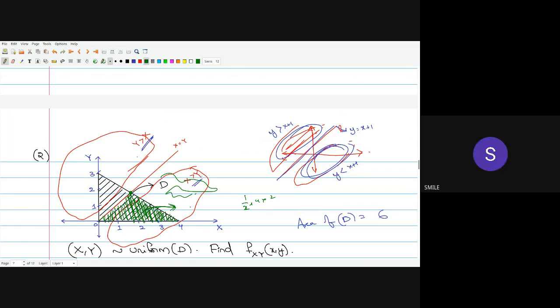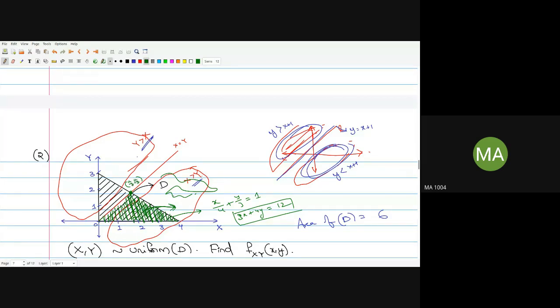Yeah, sorry. We have to find the equation of the line joining. The line equation will be x by 4 plus y by 3 equals 1. Simplify it: 3x plus 4y equals 12. This is what the line equation will be. After that, intersect it with y equal to x. Then the point will be 12 by 7 comma 12 by 7.